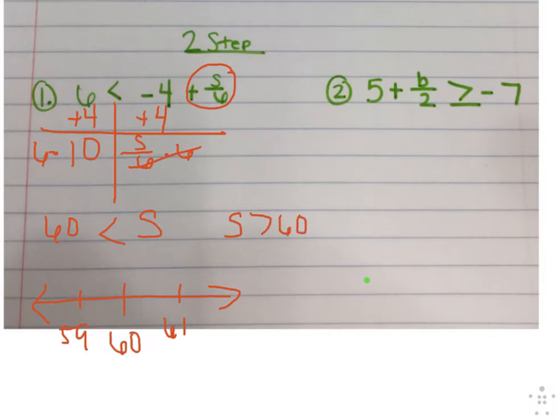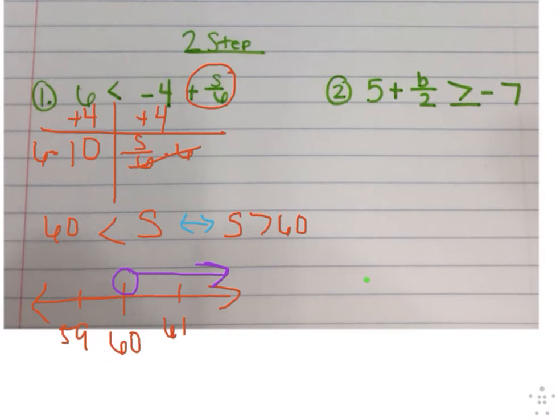Now if you look, these two are the same exact thing. I just moved my variable to the front because this still tells me that 60 is less than s and s is greater than 60. So now, since it's not equal to, I'm going to do an open circle. And I'm going to look. What can s be? Well, s can be anything greater than 60, so I know that I need to shade to the right. Now, the nice thing about inequalities, it's very similar to equations. I do the same exact inverse operations,